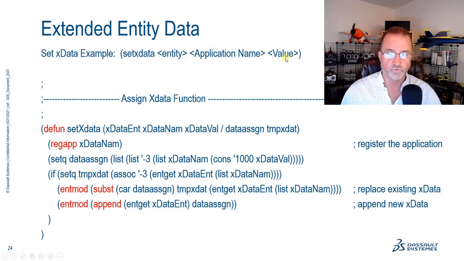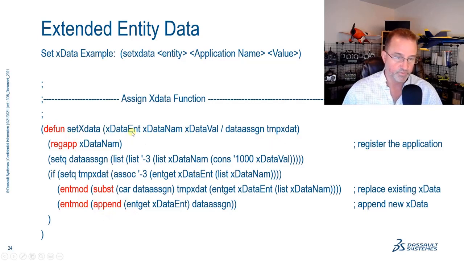And this function will take whatever that value is and associate it to that entity. And it's permanently attached. So if you exit the drawing and you come back in, the next day, the next month, the next year, and you extract that information, it's still there, still associated and attached to that object. So here's my function. And I'll give you this so that you can basically copy this information to create this